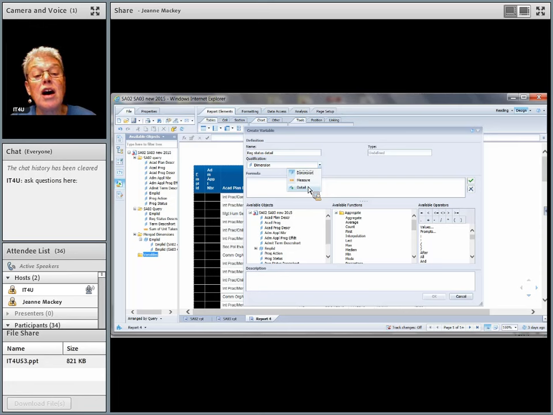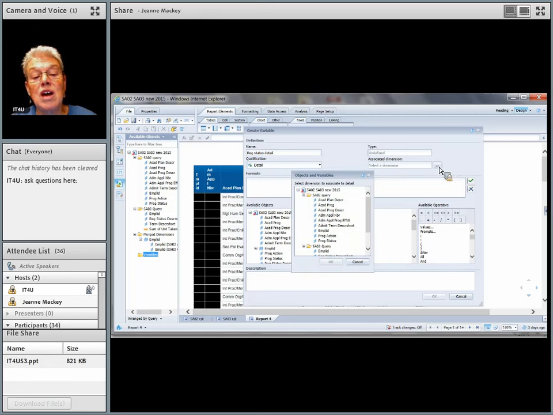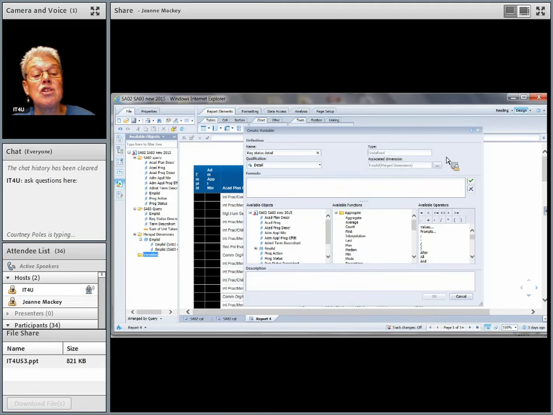The detail object, the thing that we care about with a detail object, is that it always has an associated dimension object. And so that's how we're going to tell Business Objects this object is connected to the merge dimension object, in this case EMPL ID. Right? So now I've made it a detail object.